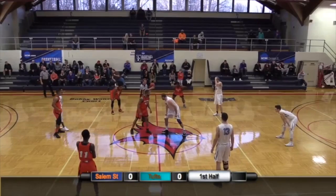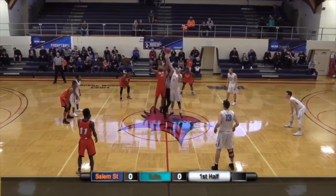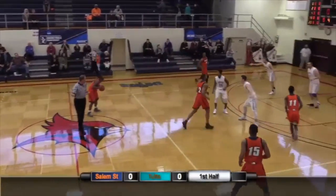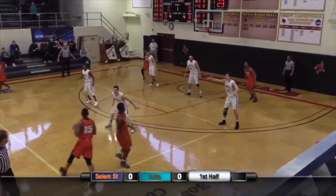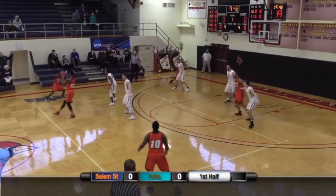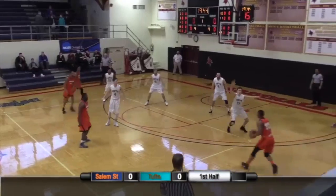Get the ball up in the air here. Tufts in the white uniforms with the, we'll call it baby blue trim and black trim, and the Salem State Vikings in the orange uniforms with the navy blue and white trim. Vikings control the tap as we are underway here in the NCAA field of 64 at the Division III level,